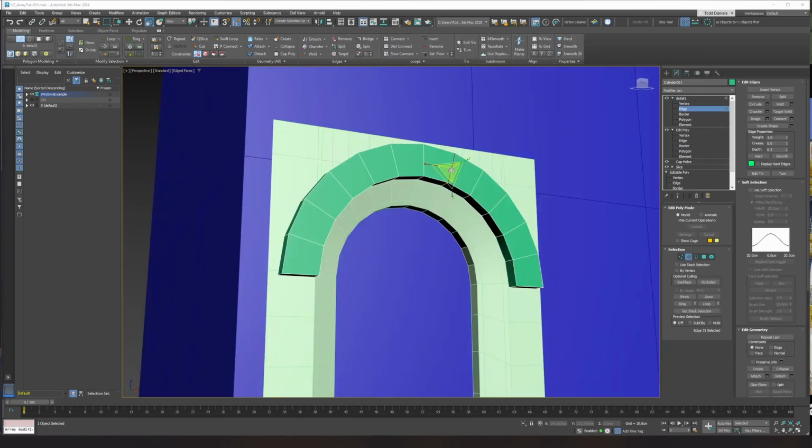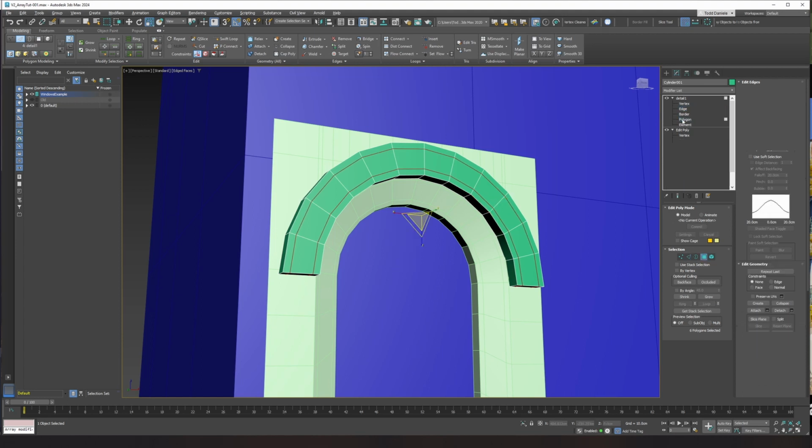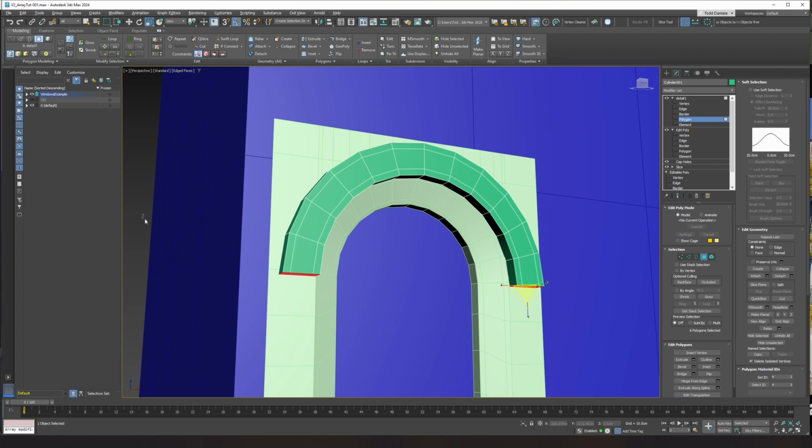So I'm going to select one edge. I'm going to Alt and R to ring select that edge. And then what I want to do is go to connect and say 2. I'm going to use this control right here, which is a pinch, and just make something like that. Say OK. And now what I'll do is go to polygon, deselect because I have some selection still, hold shift,